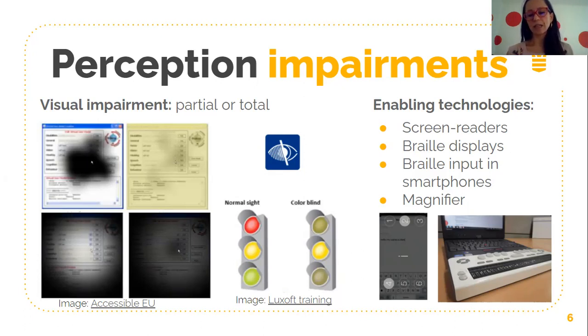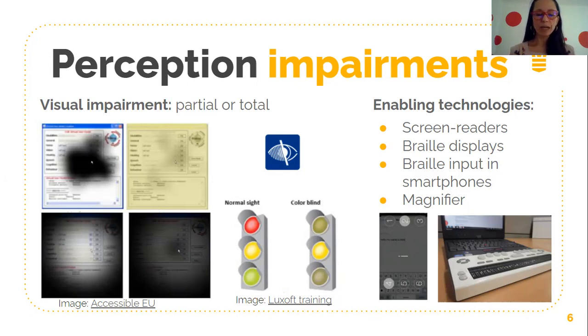But these kind of displays, the Braille displays, can also be used as standalone devices, separated from the computer, because they are like a small computer on their own. And also most devices have the option to input with Braille characters. With the combinations of six dots, you can make the different characters. So you can type in Braille on your mobile device.